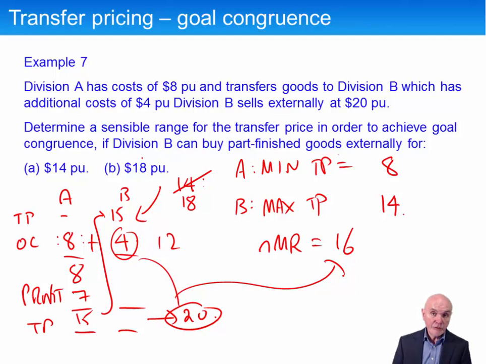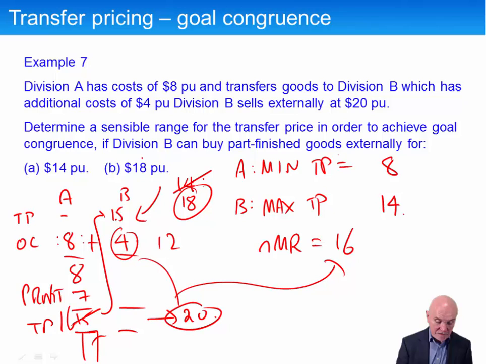And if the net marginal revenue were 16, then 18 becomes a big irrelevance. No one is going to buy in at 18 if the best you can do for that is to net 16. So really the net marginal revenue is going to be relevant for the transfer price. There's no point in putting a transfer price of 17 in there. The maximum transfer price that would get goods going across is if this was set at 16. So this will be 16 plus 4, this will be 20. We're just breaking even there.